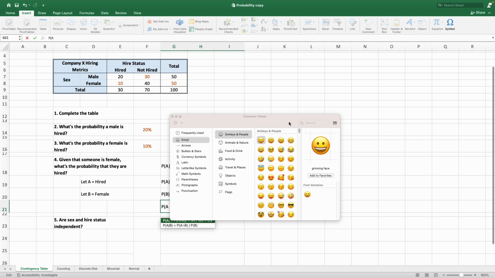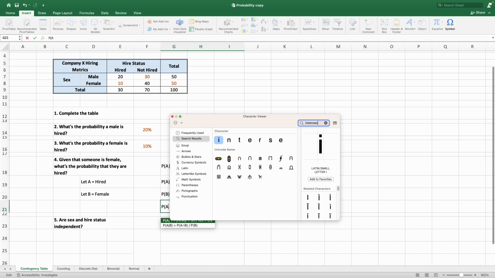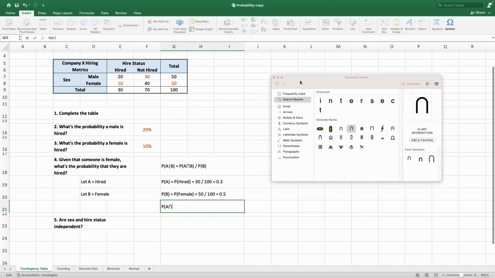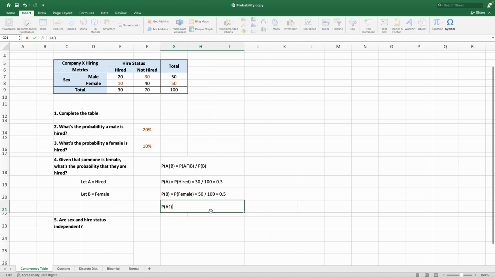We want the intersection symbol. In the search bar, I'm going to type intersect, and we want our intersect. I'm going to use this one right here, double click. We can see it showed up. Now I'm going to exit out of this. So the probability of A and B